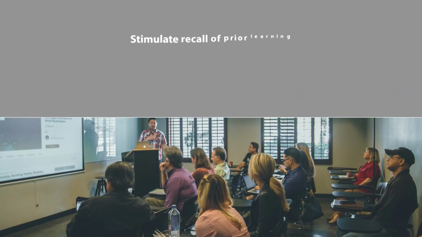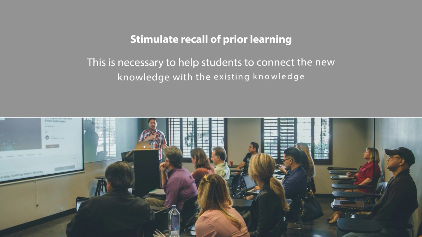Even in online courses, the learning outcomes are given. The third step is stimulate recall of prior learning. Here it is essential that students are able to connect the new knowledge with the existing knowledge. Very often seen in the classroom